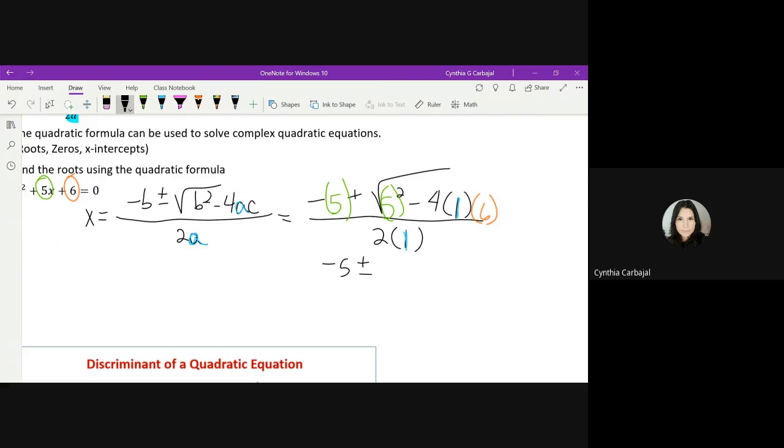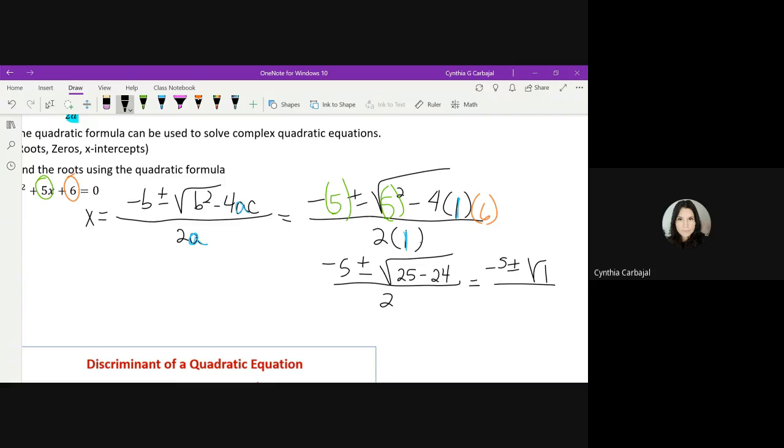Okay. There's a plus minus here. There's a square root, and we all know how to use the square root. And then we're going to do the math under here. So 5 squared is 25. 25 minus, and then 4 times 1 is 4, and then 4 times 6 is 24. Okay, all over 2 times 1 is on the bottom, so just 2. Simplify it, and we get negative 5 plus or minus the square root of